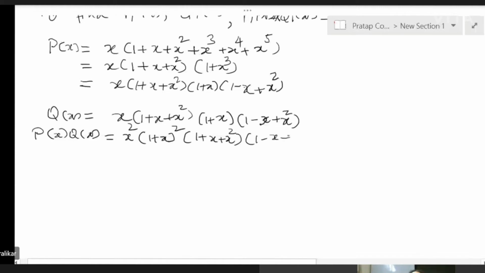So now our problem is posed again. How is it posed? That we need to find two polynomials P1x and Q1x such that their product is the same as Px into Qx, with a little more extra conditions.